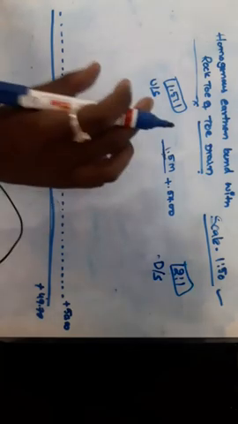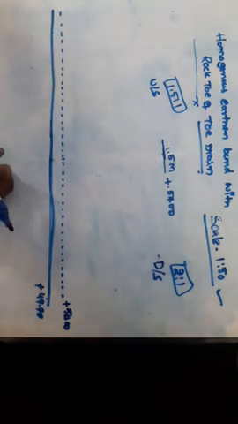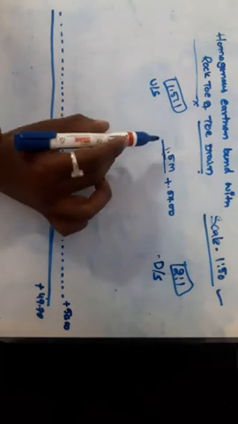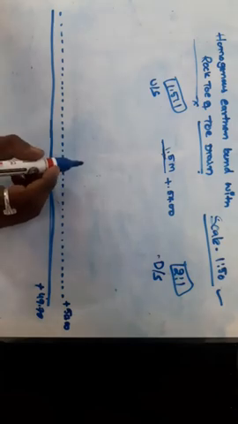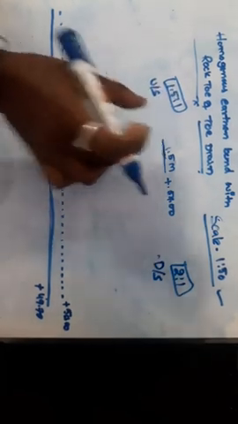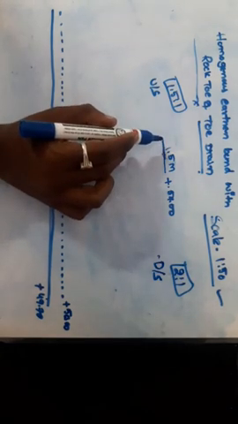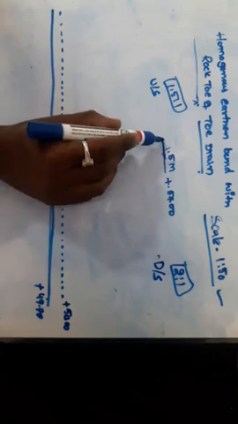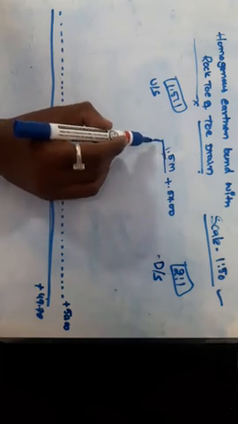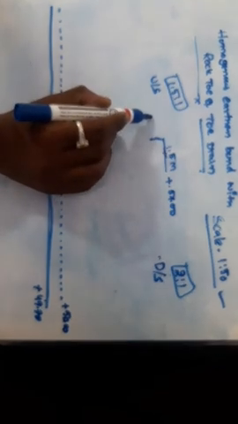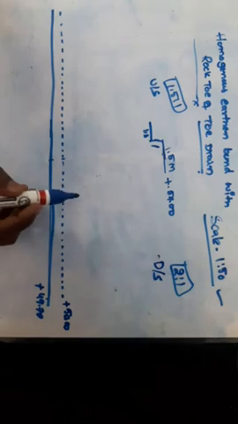See here, 1 is the constant, that is the vertical height, 1.5 is the horizontal length. We have to draw the side slope by using this ratio. 1.5 is the horizontal distance, 1 is the vertical distance. From the end point of the bund top width, we have to draw one vertical, 1 centimeter towards downside and 1.5 centimeters towards left side. This is the 1.5, this is the 1.